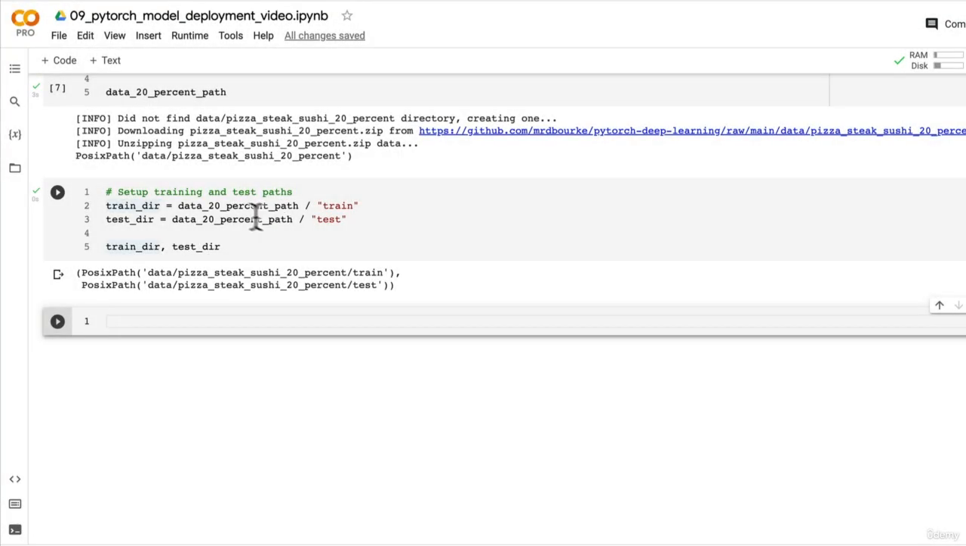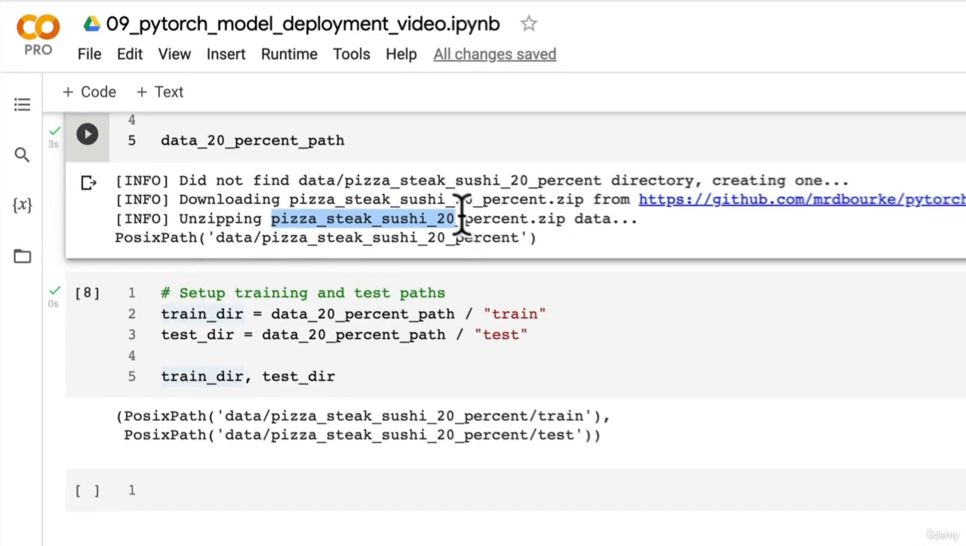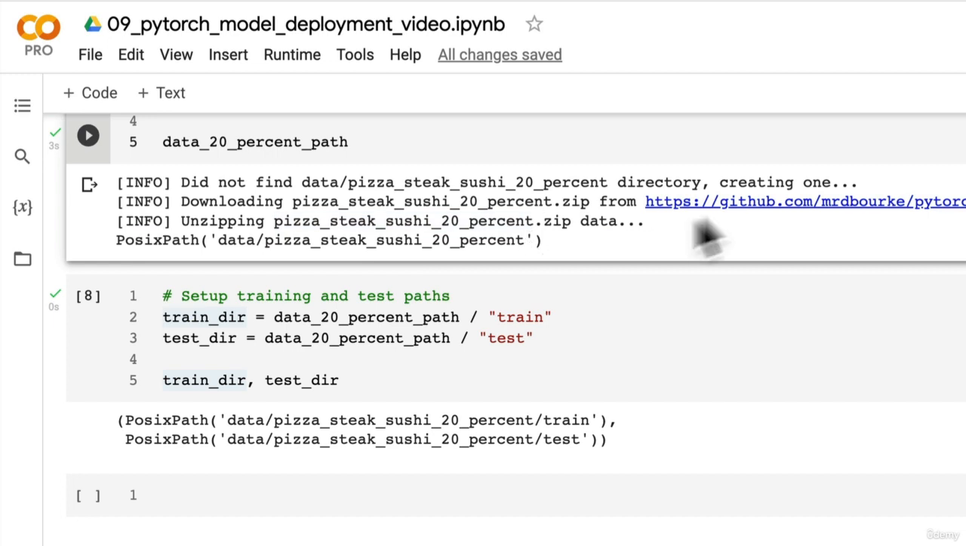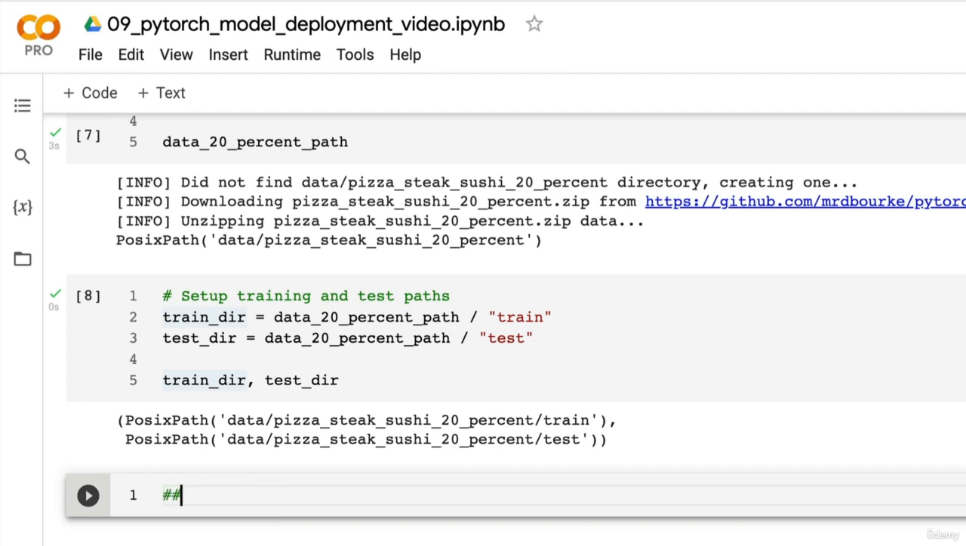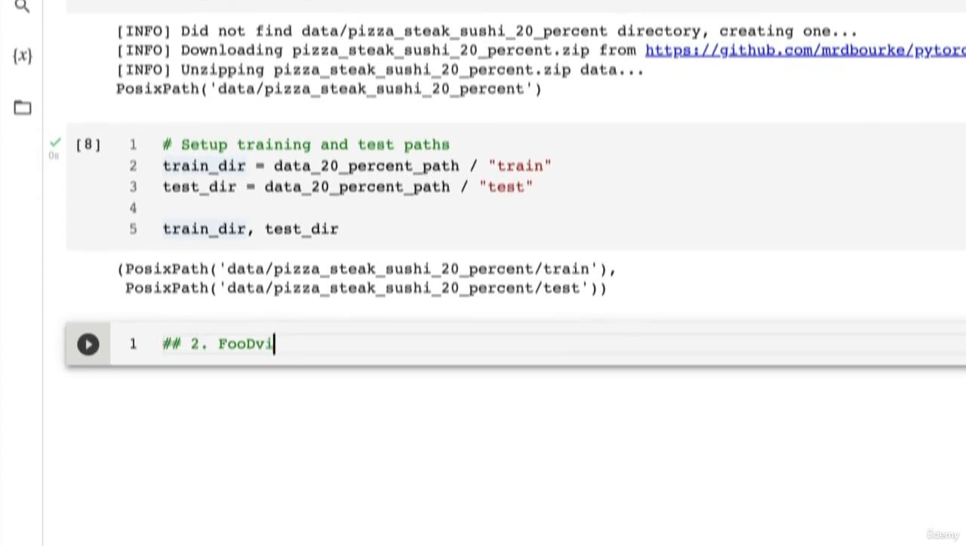Welcome back. In the last video, we got a pizza steak sushi 20% dataset from the course GitHub, ready for our Food Vision Mini PyTorch model experiment building. So let's cover that while we're here. Food Vision Mini